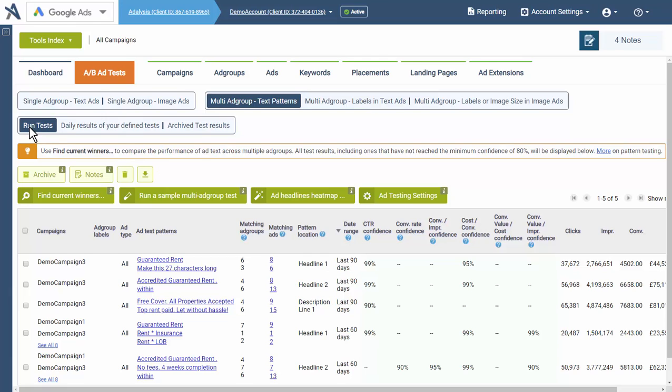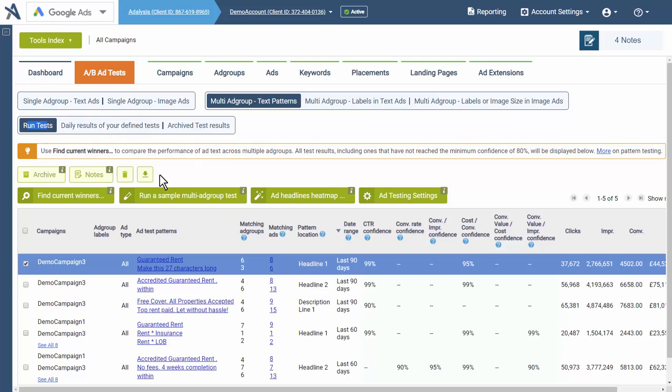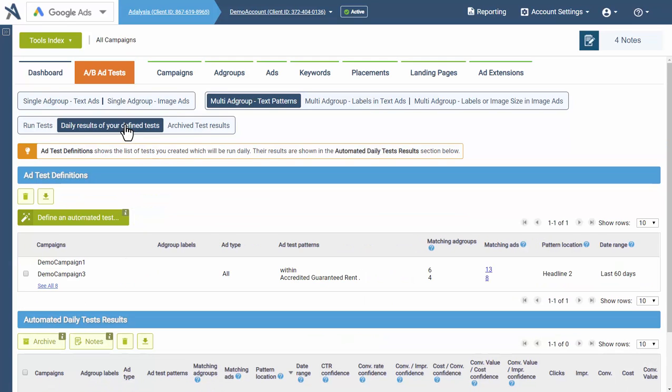run a bunch of tests, use run tests. This is on-demand data. It does get deleted nightly. So if you want to save some results, you can archive it or download the data. Then determine what you want to test. Use the ad group ad creation screen, or even the ads ad creation screen, to make sure you have more or less even numbers. Set up those tests, and that way, when you have this information and you can really